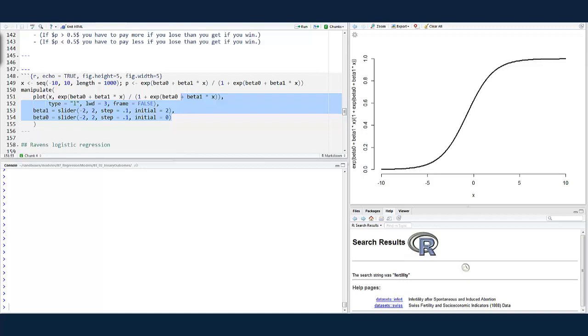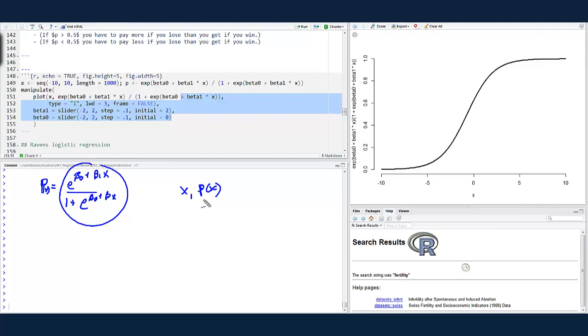So let me get my pen here. Just remember that our logistic regression model was that the probability was e to the beta naught plus beta 1x over 1 plus e to the beta naught plus beta 1x. So this is a logistic curve, right? I just call that p of x. So the plot of x and then p of x is showing